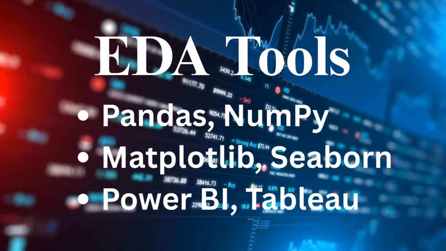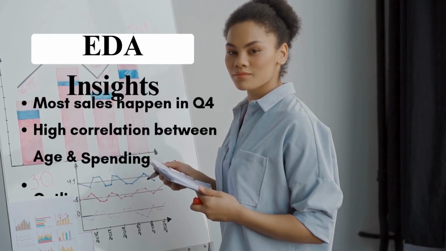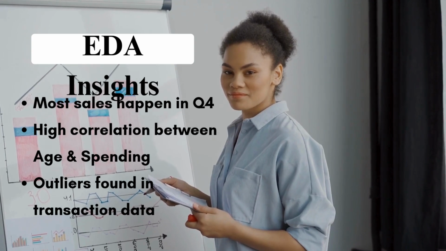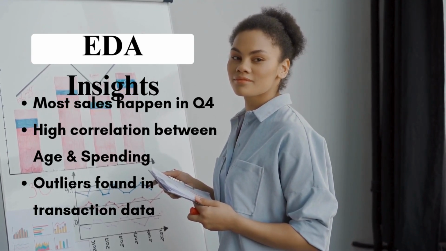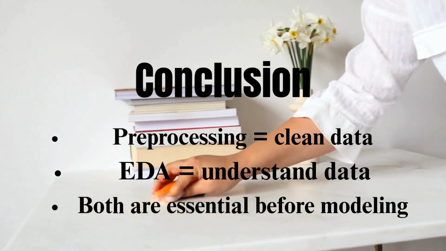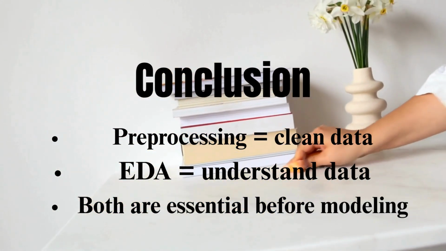What types of EDA? EDA can be univariate, analyzing one variable at a time, bivariate, exploring relationships between 2 variables, or multivariate, studying many variables together. EDA tools. We can perform EDA using Python libraries like Pandas, NumPy, Matplotlib, and Seaborn, or use visualization tools